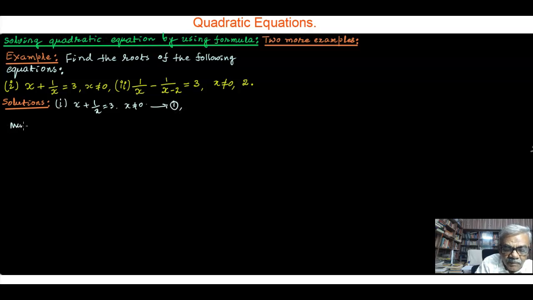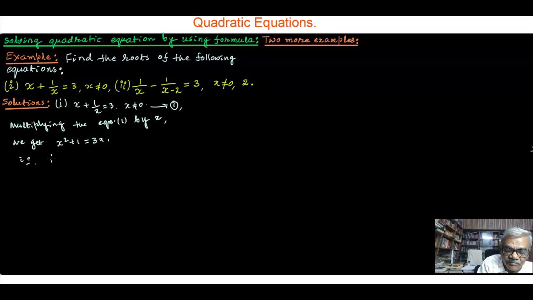Multiplying equation 1 by x, we get x square plus 1 is equal to 3x, and I would like to take my 3x to the